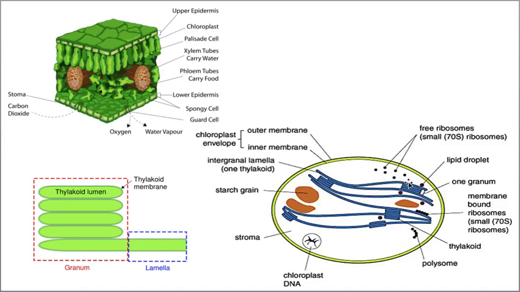The light reaction takes place in this thylakoid membrane. See, this is thylakoid, and it takes place in this thylakoid membrane. So that is exactly where the light reaction is taking place, whereas the dark reaction takes place in the liquid part, the fluid part of the chloroplast, that is called the stroma. So the dark reaction takes place in the stroma, whereas the light reaction takes place in the thylakoid membranes. Now you understood? Now if you take the further details of the internal